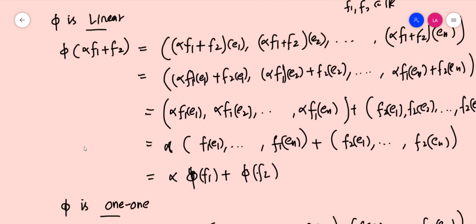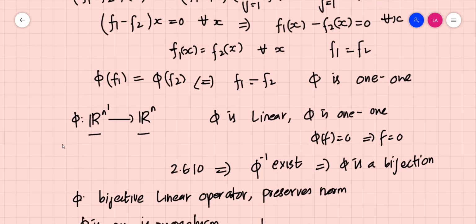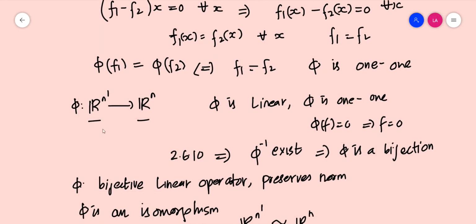Every linear operator from a finite dimensional vector space x onto a vector space y, which is 1 1, is always onto, which means that phi is onto, which means that phi is a bijection. So phi is a bijective linear operator which preserves norm, which means that phi is an isomorphism, which means that Rn dash is isomorphic to Rn. So the dual of Rn is always Rn itself. Even though we do not know about every linear functional on Rn, it is clear that as a structure, the space of linear functionals on Rn is actually the space Rn itself.